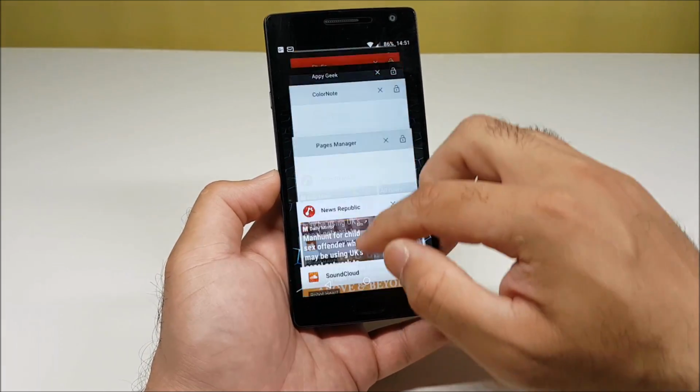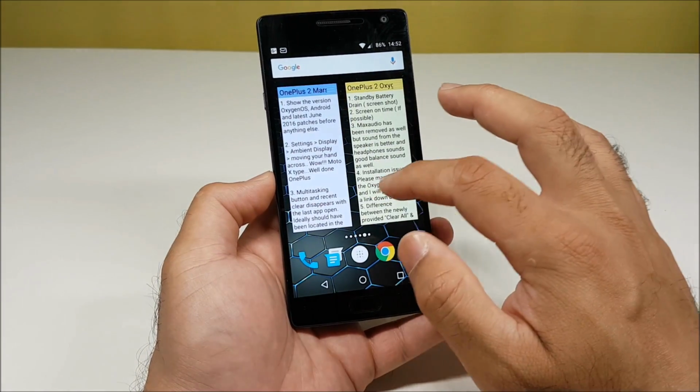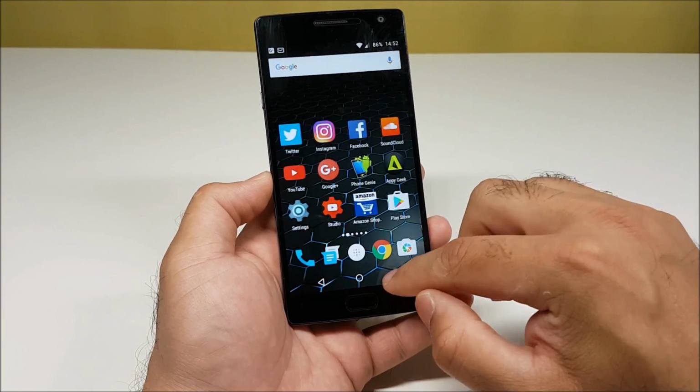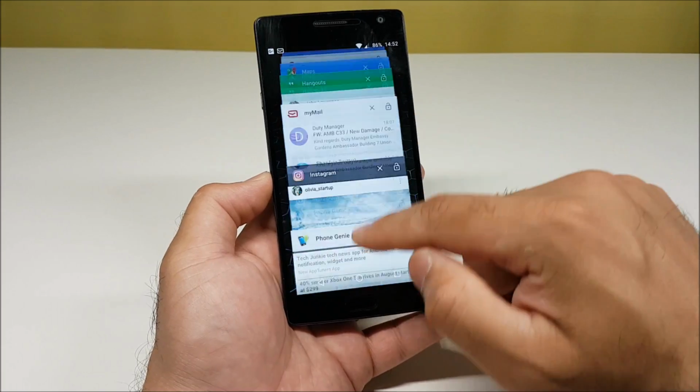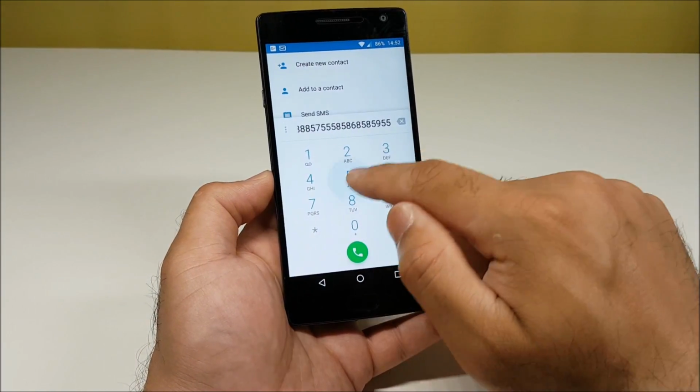Okay, also guys, I'm very impressed with the performance of the phone. Now this is one area which I'm sure most of you have been talking a lot about, and I've been getting lots of questions about this. The performance, guys, from my experience so far seems very much improved. The phone is much smoother, everything seems to be much quicker, which is very heartening to see. The dialer, everything else,